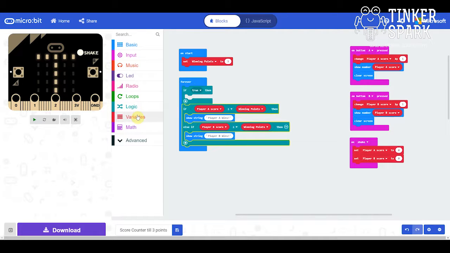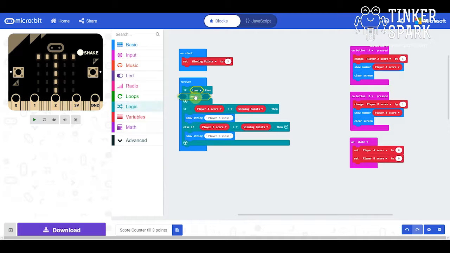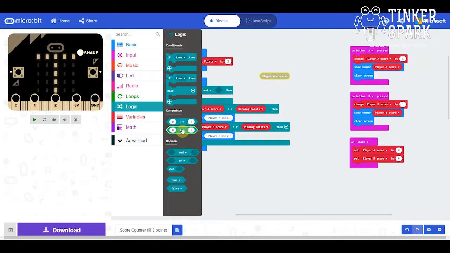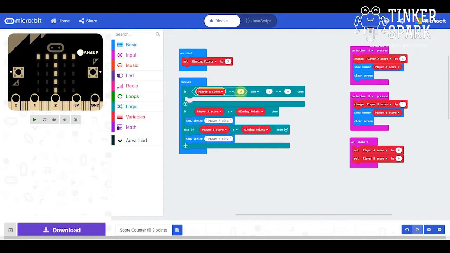So if both players have 2 points, we're going to use an and, because both players need to have 2 points. Player A has 2 points and player B has 2 points. So we go here, player A score, logic, drop that in there, duplicate, drop that in there as well. So if player A score is equal to 2 and player B score is equal to 2, then let's